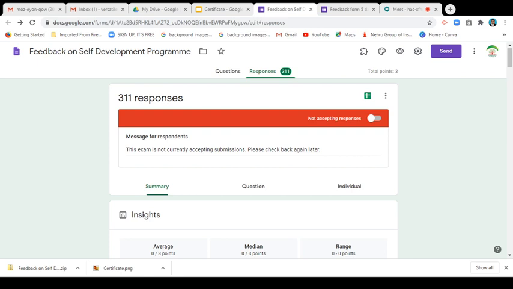So what are the details we need? We only need the respondent's name. We can take the respondent's name; all 300 we will copy, and paste into our own Excel sheet that we have created.